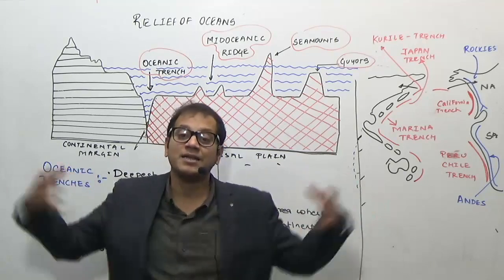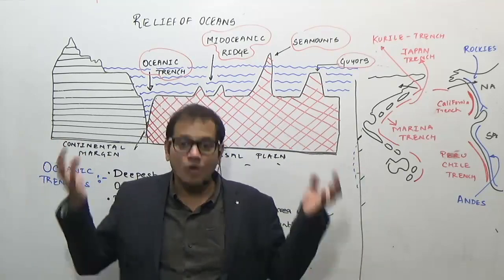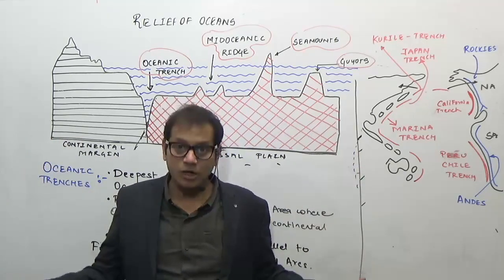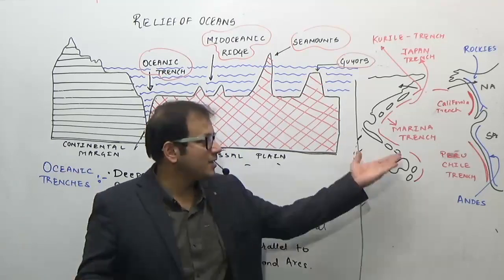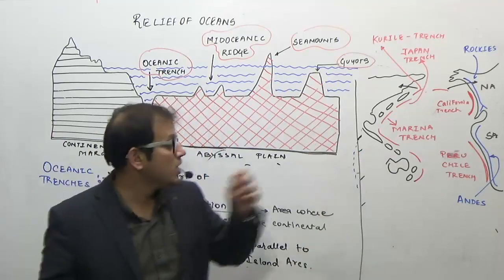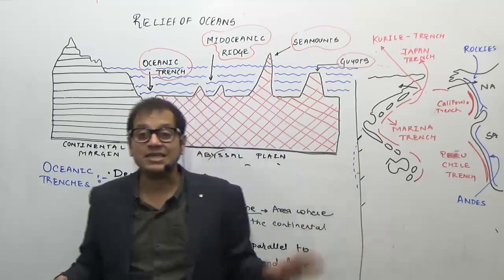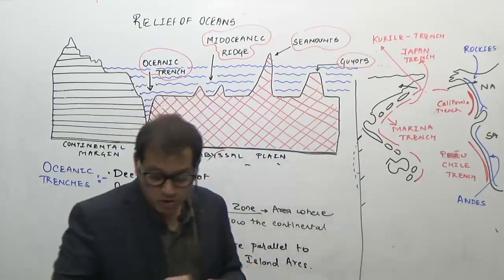Compression, what does it mean? That means collision is occurring. Collision, what does it mean? The ocean plate, obviously the ocean plate will go below the continental plate if the collision is happening. Which is the ocean plate here? It is the Pacific Ocean plate, because the Pacific Ocean plate is getting compressed. So the maximum number of trenches in the world are along this, and therefore we have high mountains all along this